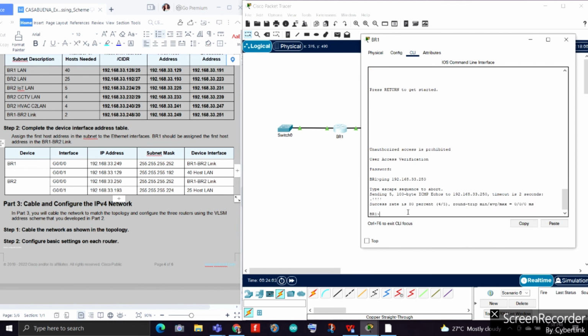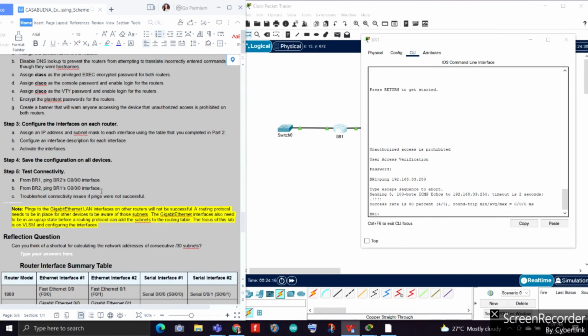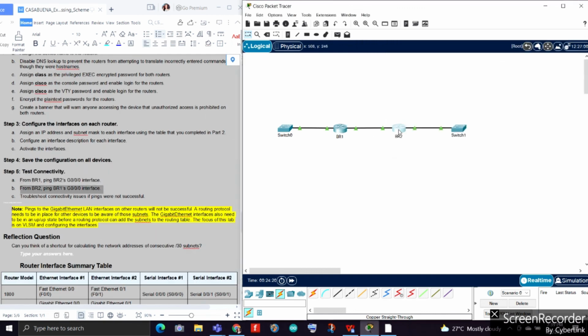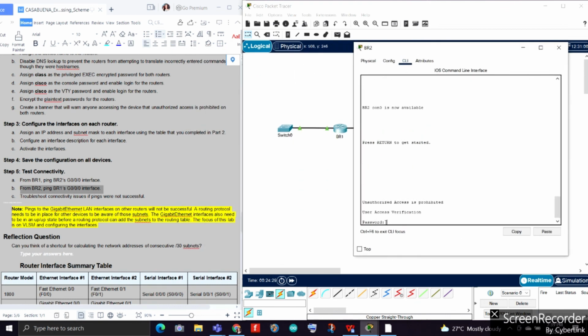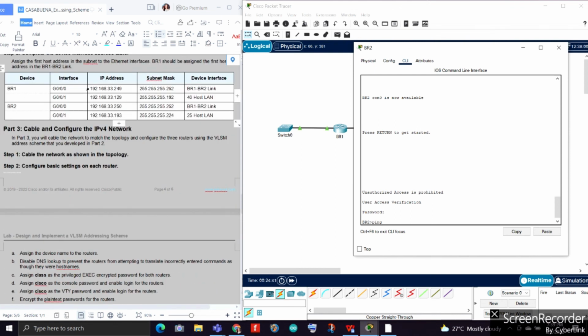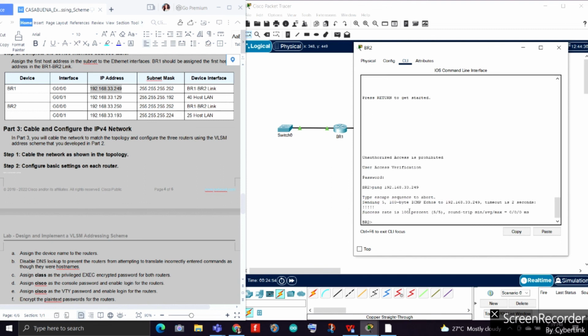As you can see here, there is connectivity between router 1 and router 2. The next one, we're going to be pinging router 1 from router 2. So let's open router 2 here and ping the IP address of R1 from our router 2. Then let's wait for it to load to make sure that there is connectivity between both of the routers. As you can see, there is connectivity between both of the routers,